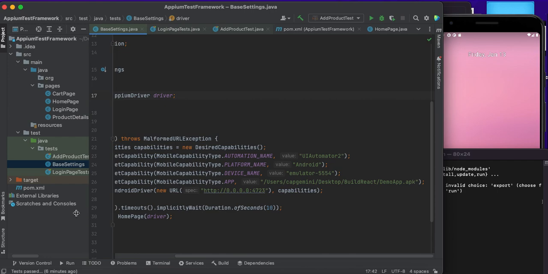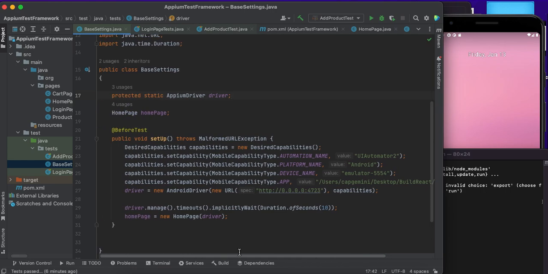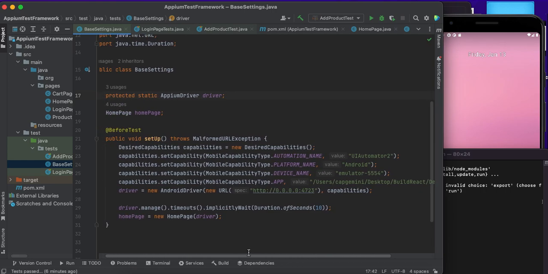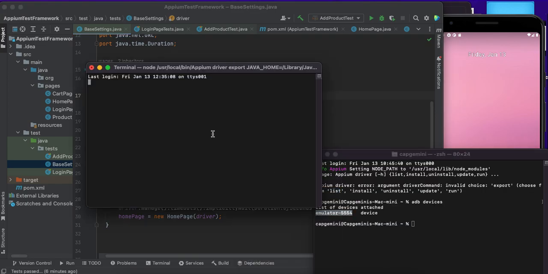I am using the demo app from Sauce Labs. The app is good for testing. It's open source. You can download it from the Sauce Labs website or GitHub. And the URL comes from your Appium server, so make sure before running the test that you